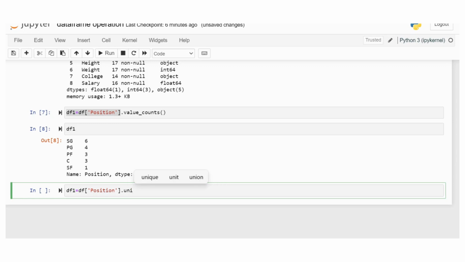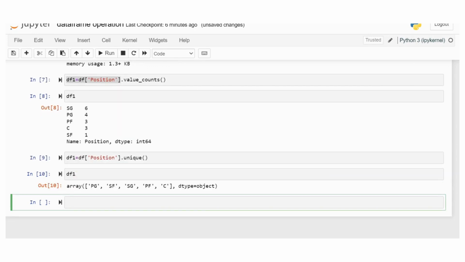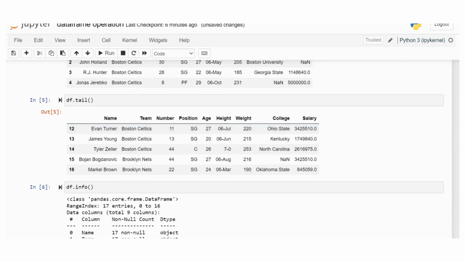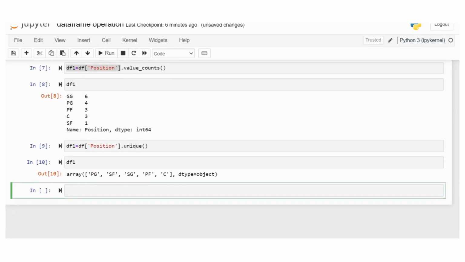Pandas provides the unique function to calculate the unique values in a given column. In the position column, the unique values are pg, sf, sg, pf and c. Now check the position column: sg, sc, c, sg, pg, pf. Now the unique values are pg, sf, sg, pf and c.